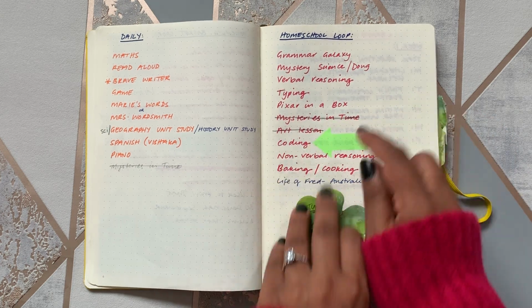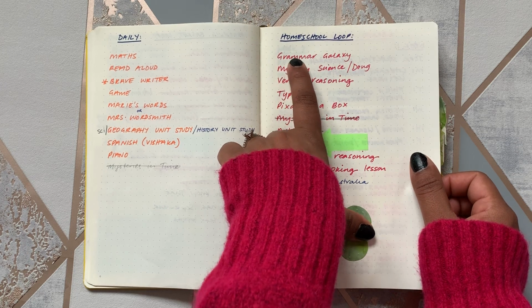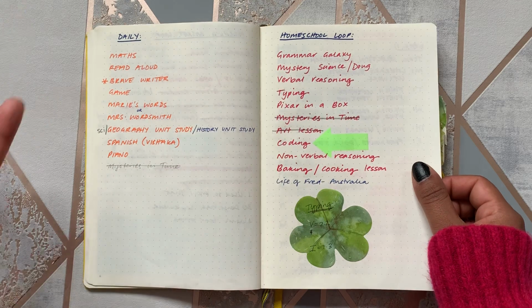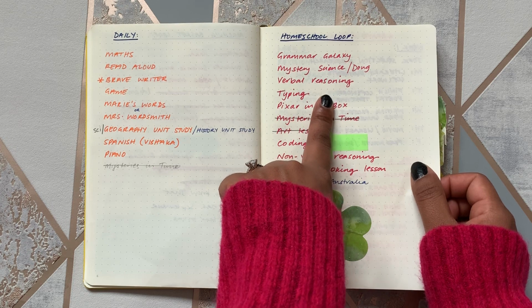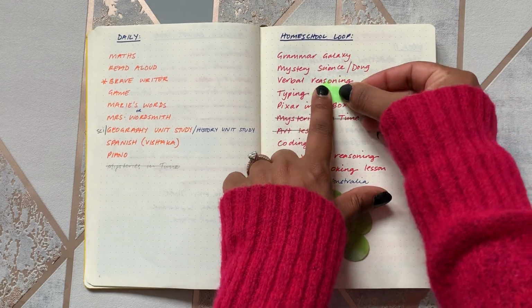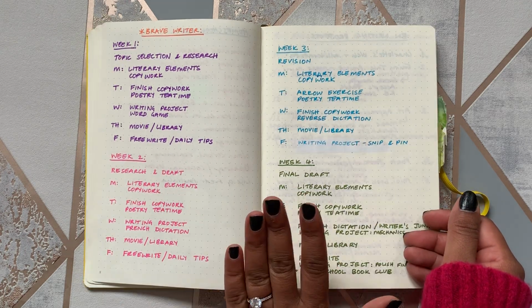and then I would just move the arrow to the next thing. The main benefit of doing it this way is that if I assign this to Monday, Tuesday, Wednesday, Thursday, Friday, but we're out on Thursday and Friday, or we're too tired, or something takes longer than usual and we don't get around to this, then this wouldn't get done, basically. So the way of doing it like this is that even if there are days where you don't get around to doing anything from here, you just pick up where you left off. Again, this changed over time,